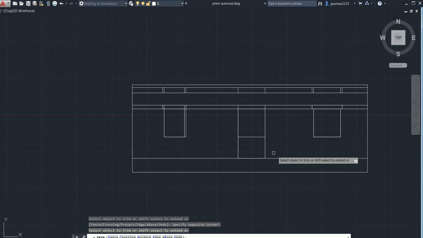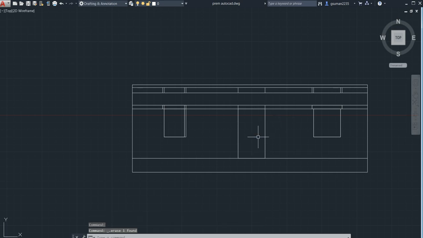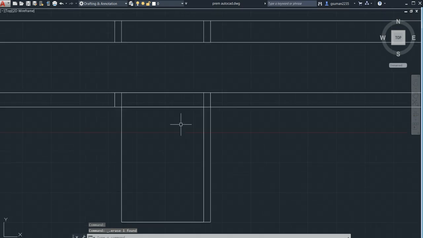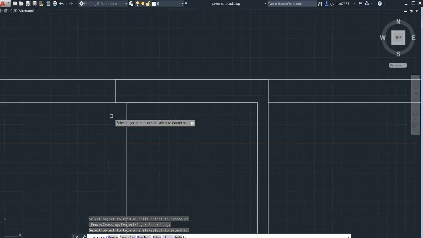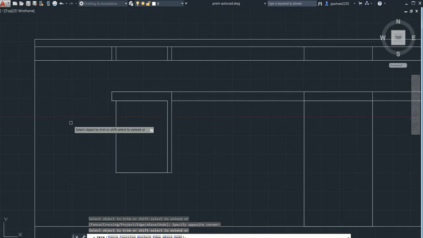This is the door of mine, so this is not trimming, you can see it here. Now once press it, select it and delete it. Go for the trim command, this is trimmed. This should also be trimmed. Sorry, this should not be trimmed, so skip it.